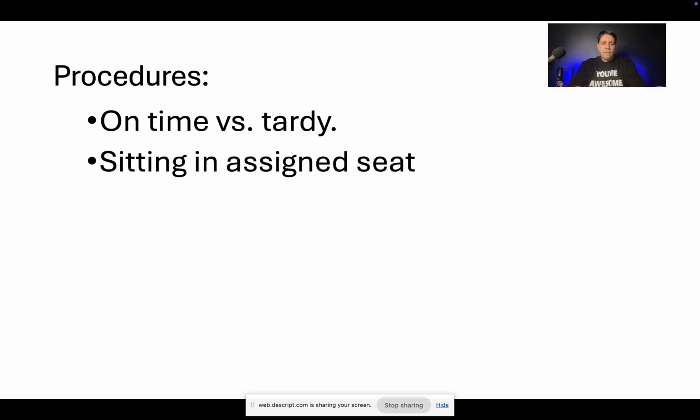Sitting in an assigned seat, everybody sits in their assigned seat until I move you, because sometimes I'll move and pair up students. I always have students with a partner, and I will pair them up so that they can work together. I always start in partners, so if I have students absent, I make a note of the absent student, and then I will pair students up together. Or make groups of 3 if I have an odd number that day.